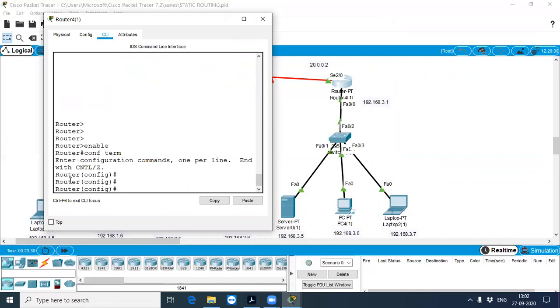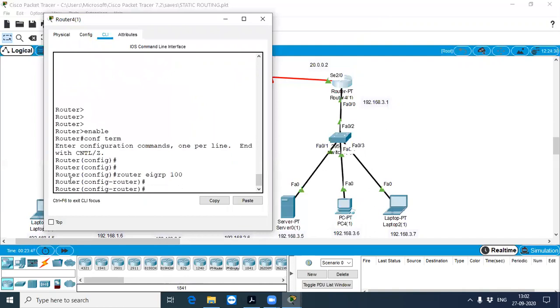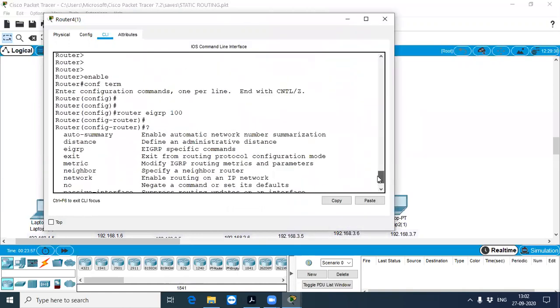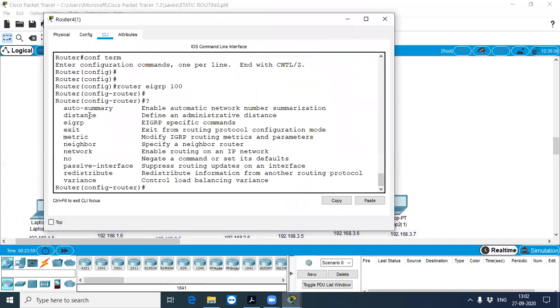Type router EIGRP 100. This belongs to 100. If I forget, I can type the question mark. If you type the question mark, you will see the list of commands you can use for this router. These are the list of commands.